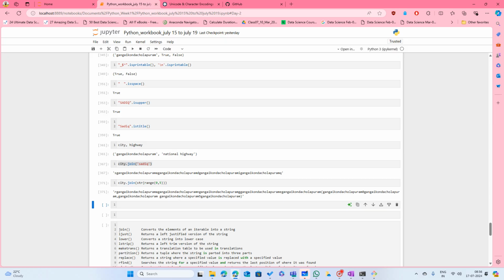So basically what is happening is, for each letter here, it is going to print the whole name of the city. For S it printed the city again, for A it printed the city name, and again for D it printed the city name. So that way